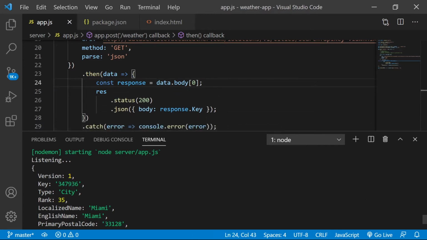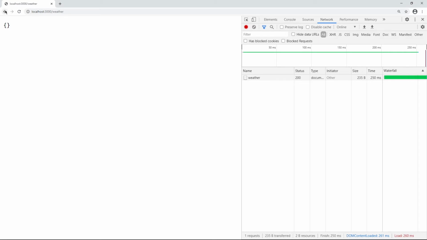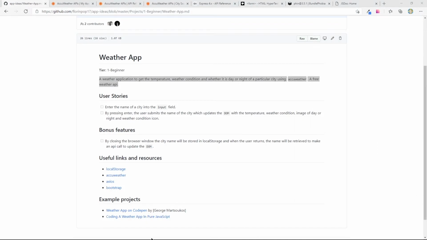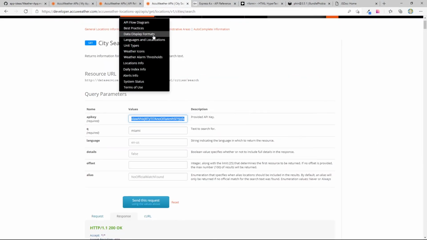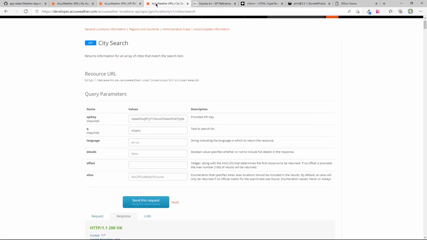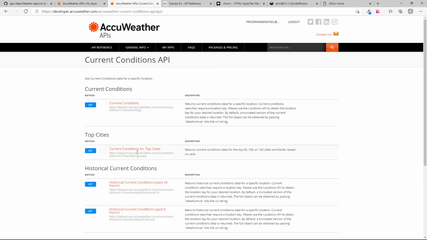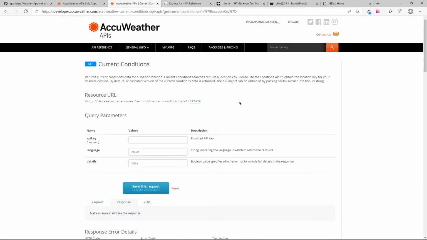Doing it live. Let's go back to our scene here. And when I say scene again, I'm using Reddit. So okay, cool. So now we have our key here. So that is great. All right, so we have our key. Now let's go back to the weather app. Not the weather app per se, but the AccuWeather documentation. City search is no longer needed. Now we need to get the conditions API for, yeah, here we go. So we'll have to pass in a city key and query parameters, just the API key.